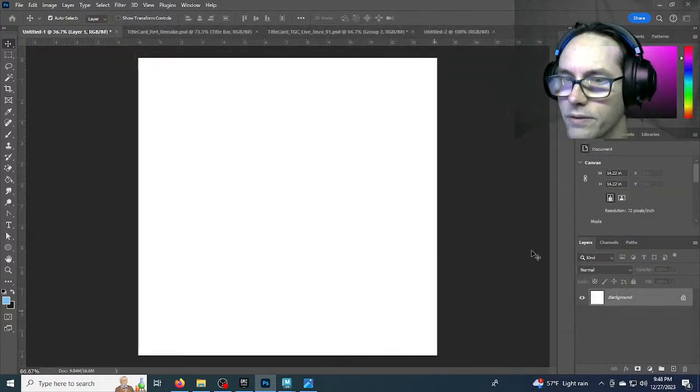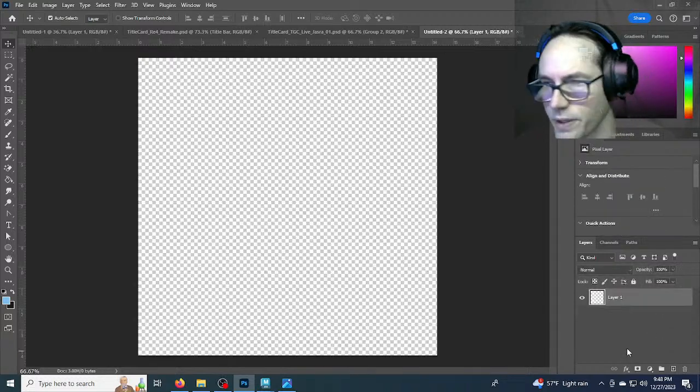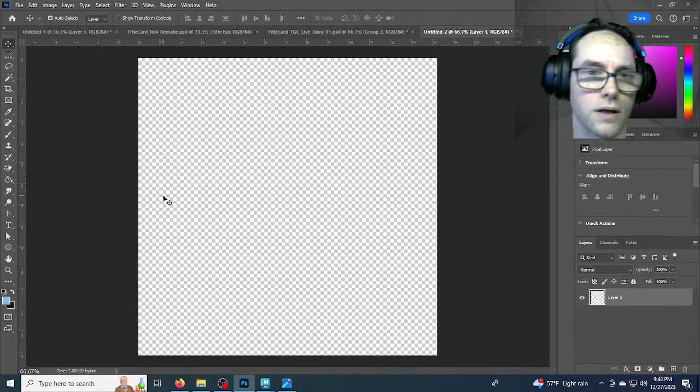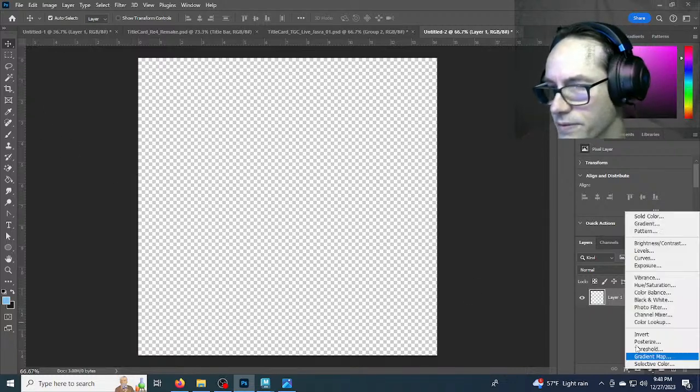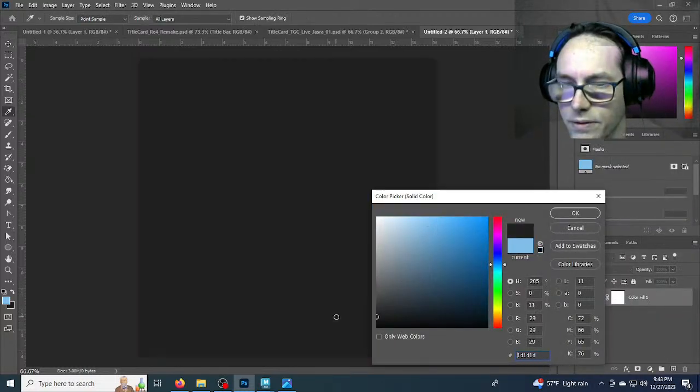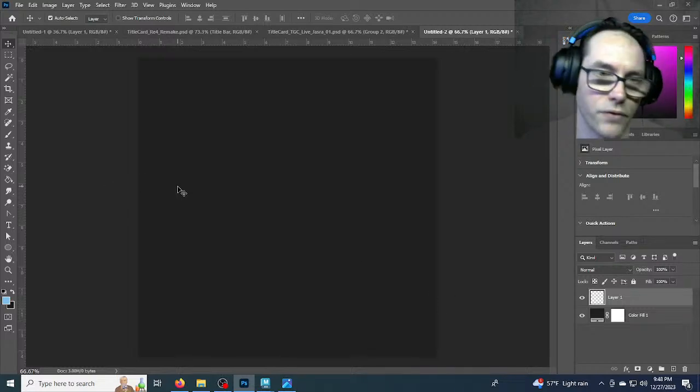And I'll just create. I'll make it empty. I'll get rid of this background. Need to make some bricks. Let's darken this. I'll do a solid color. That's fine. And then for each brick,